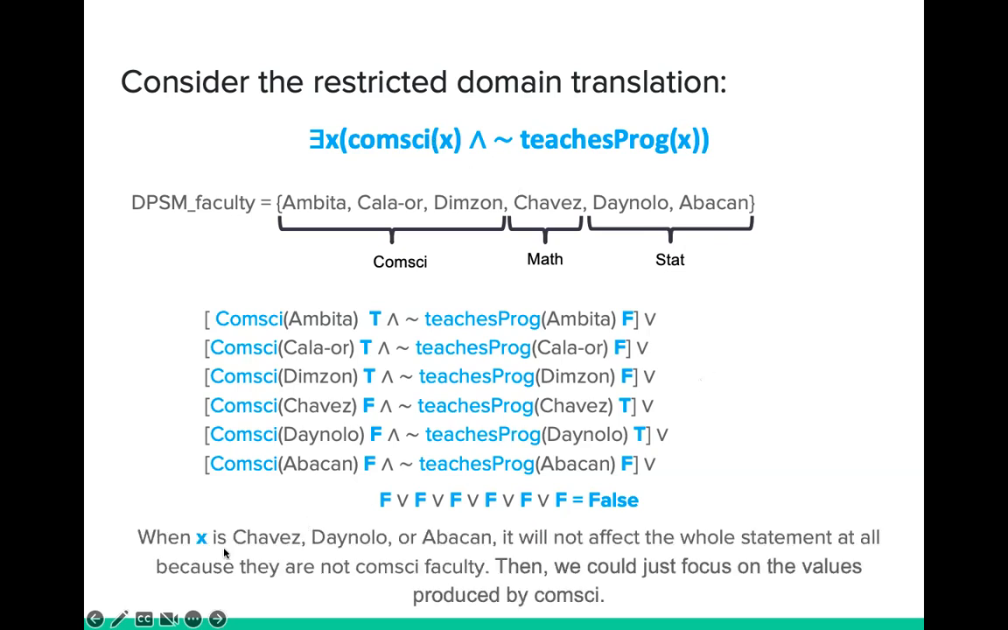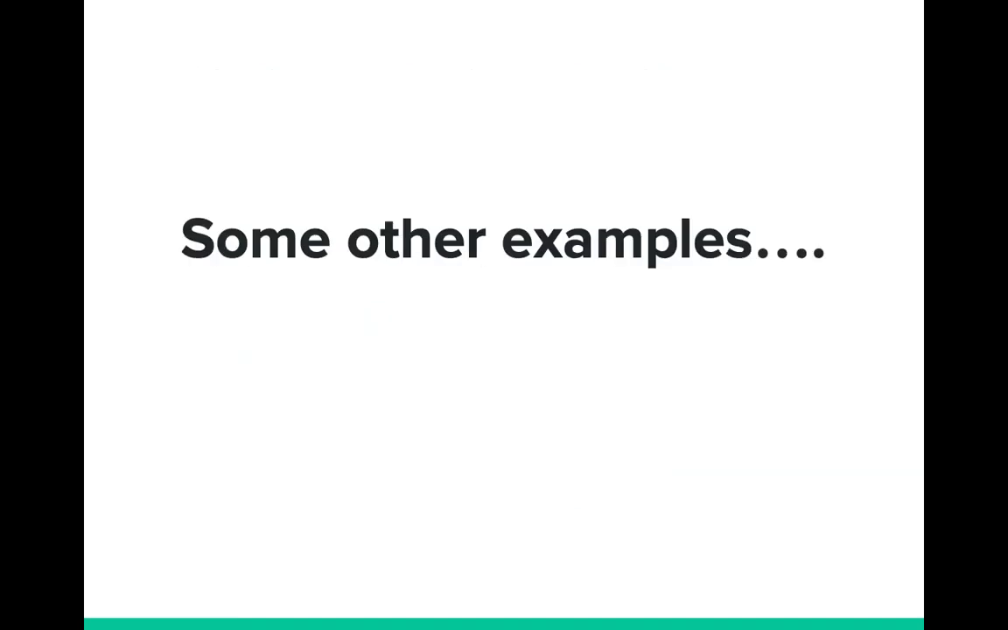Okay, so when x is, let's say, Chavez or Tainolo or Abacan, who do not belong to the ComSci faculty, it will not affect the whole existential statement because they are not ComSci. Again, we just focus on the values that are produced by ComSci. So let's try